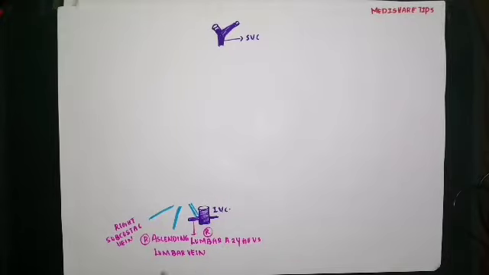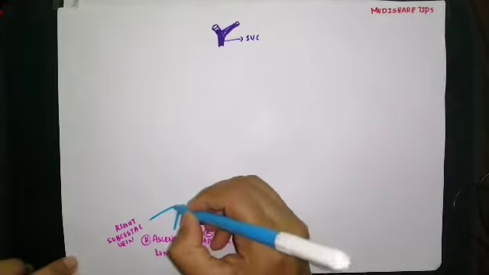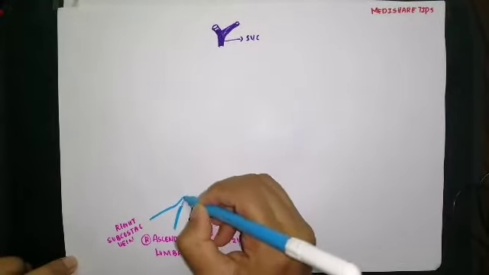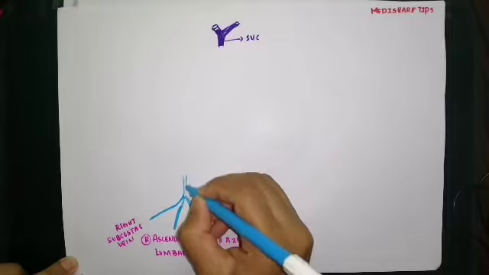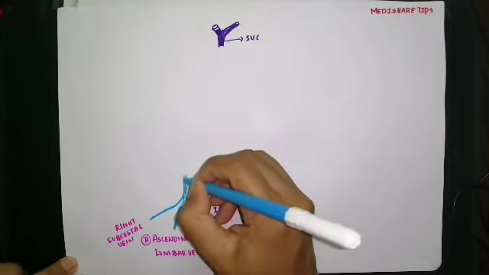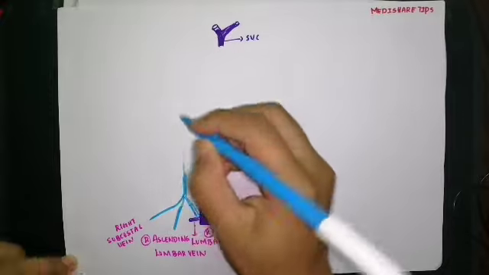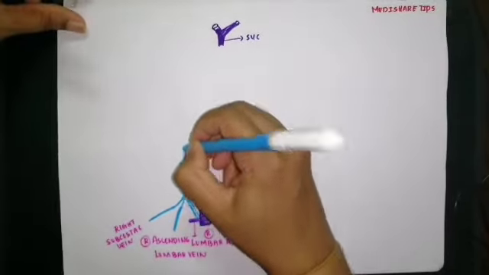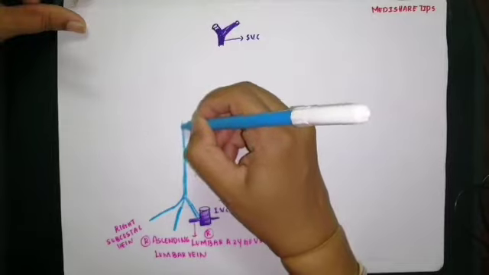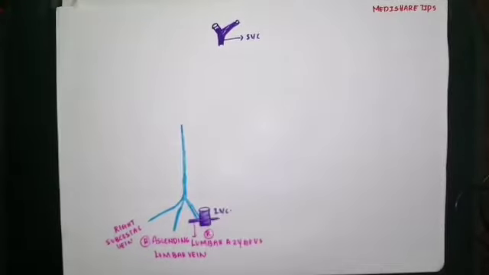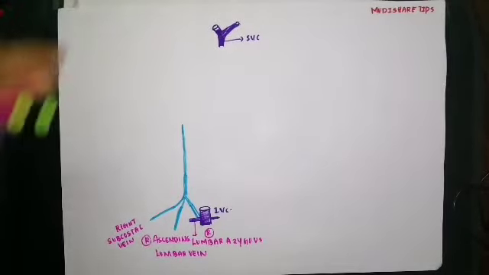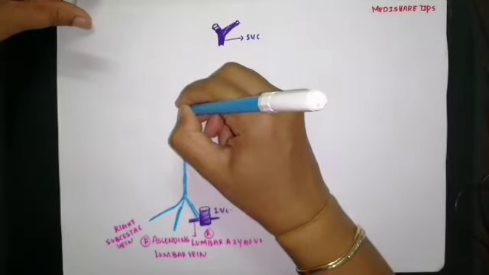So these three veins, that is the right lumbar Azygous vein, the right ascending lumbar vein, and the right subcostal vein, unite to form the Azygous vein. Now the Azygous vein is formed. Now what happens? The vein ascends upwards. It enters the thorax through the aortic hiatus in the diaphragm, and it ascends upwards,